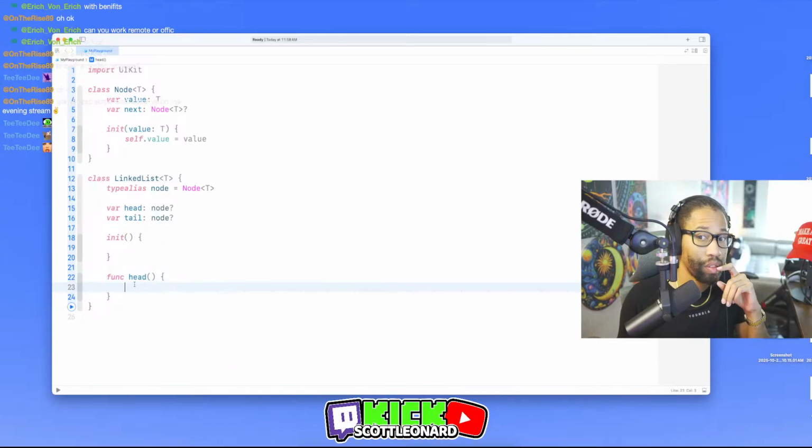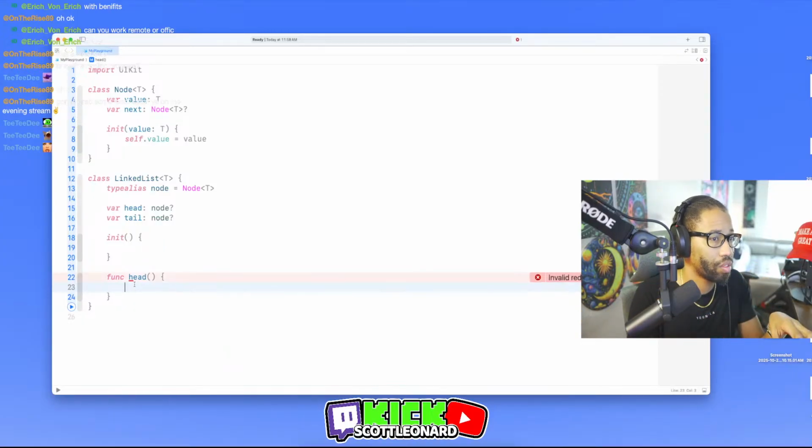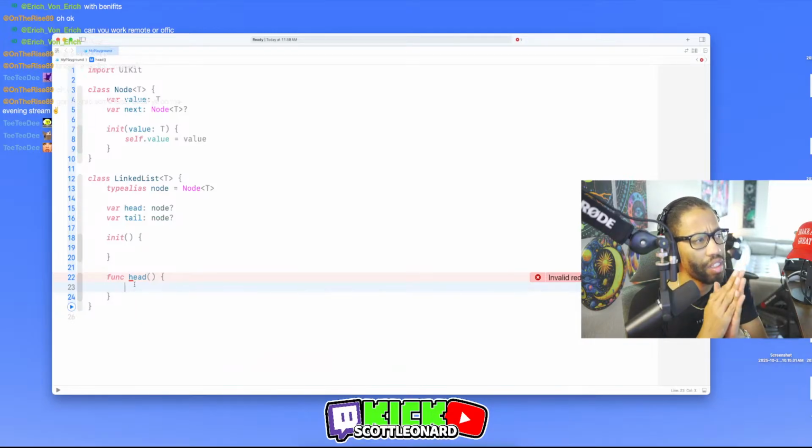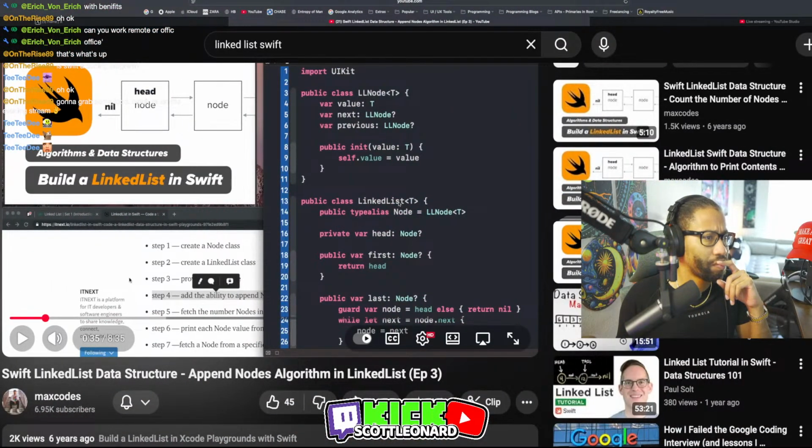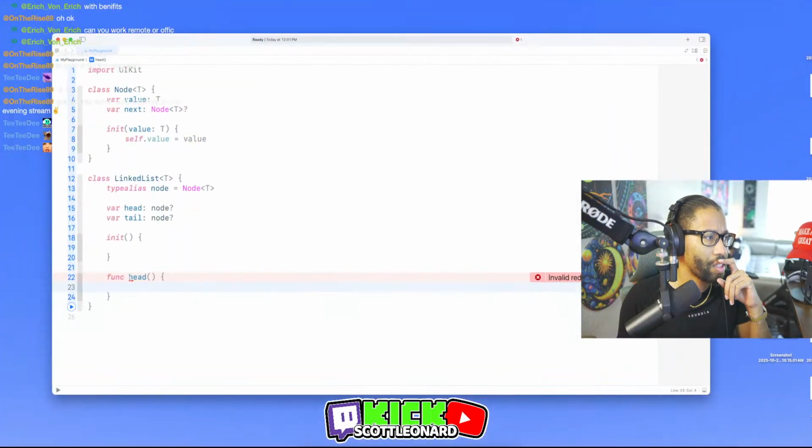Function. No. Invalid redeclaration of head. I thought that when you have a variable, you can have a variable and a function with the same name. You can't? Oh, I see. He called it something different.